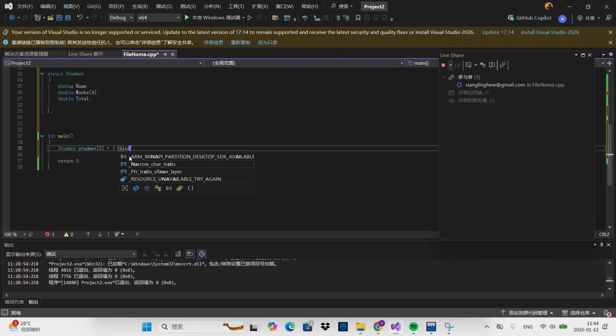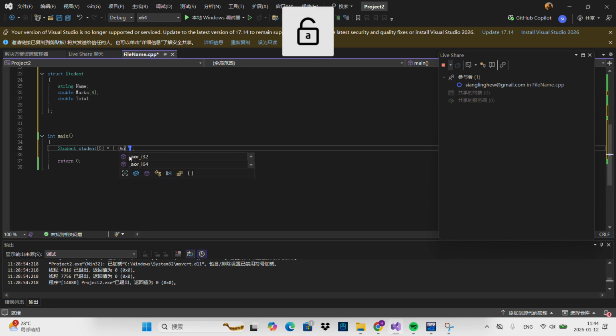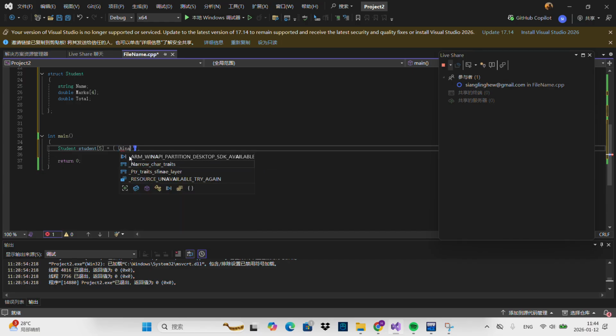And then open bracket again. This means for the first array. It is one. Can you see? Open and then for the name we need to, like initial string, use the dot